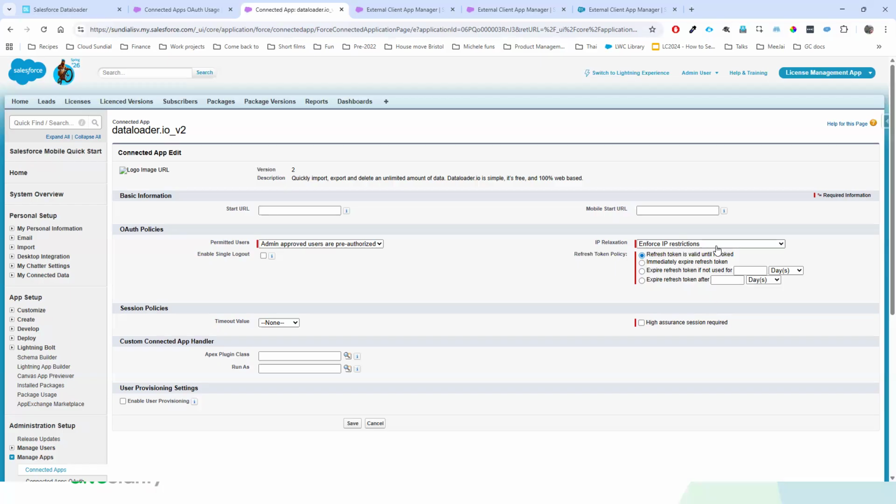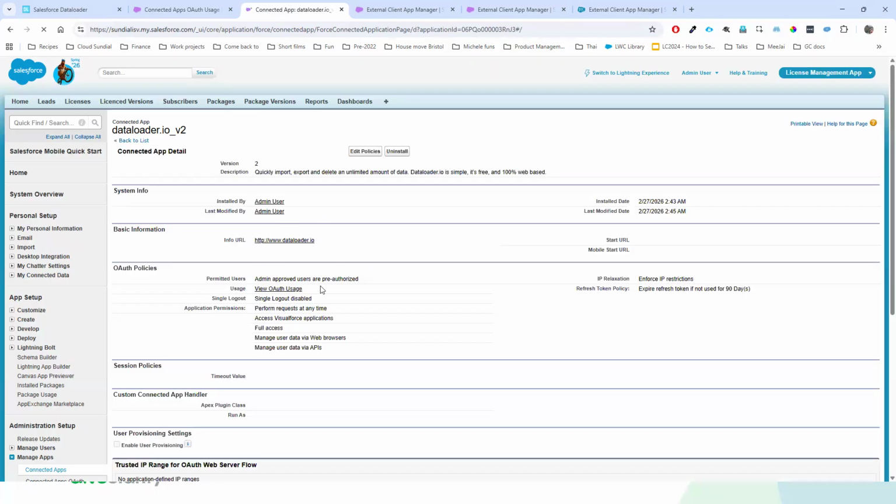These tokens can sit out there on servers somewhere. It's very easy to lose track of what tokens have been issued and where they've been issued to. So in general, it's a good practice to have those expire after a fairly short amount of time. Our working policy, to give clarity, is to recommend that these expire after 90 days when they are needed.